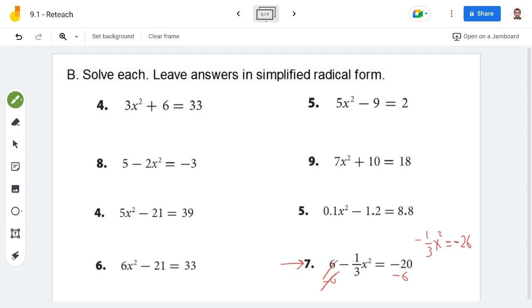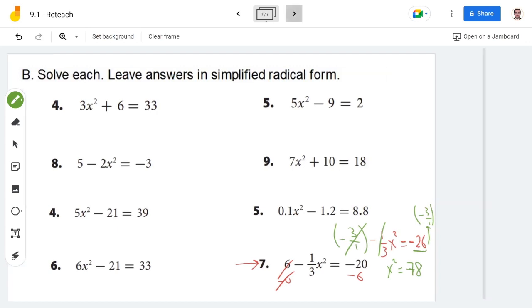You can divide by negative, but here you can multiply both sides by the reciprocal, negative 3/1, and on the other side negative 3/1. So this cancels out. So x squared equals negative 26 times negative 3, which equals positive 78. Now use the square root